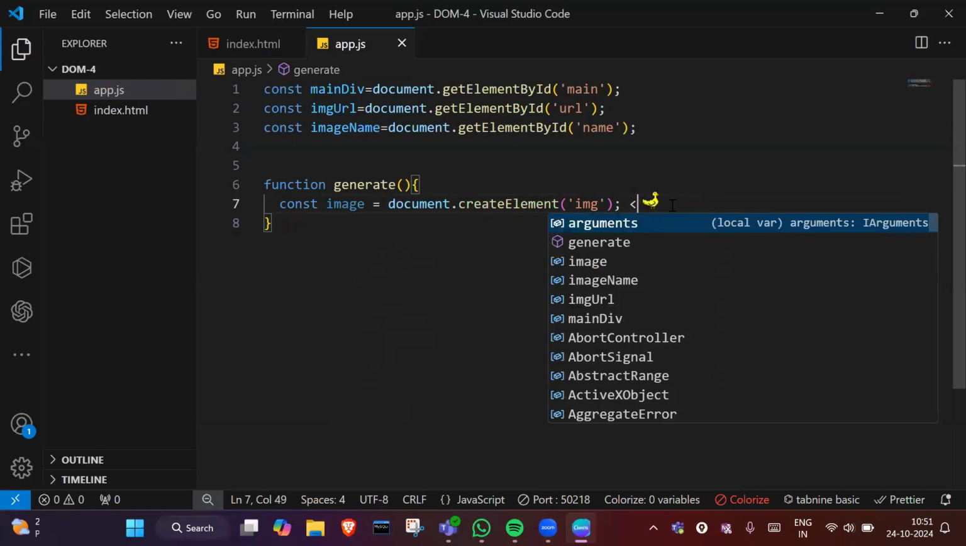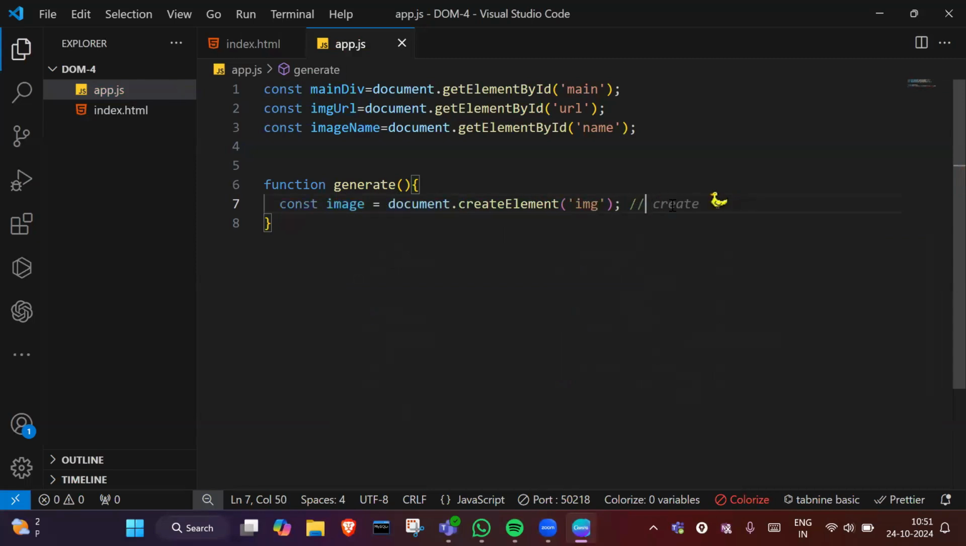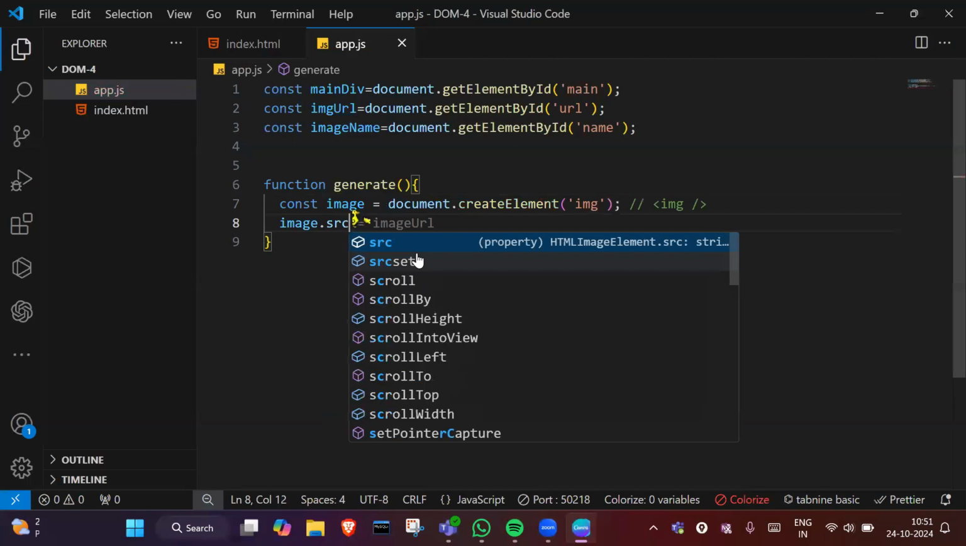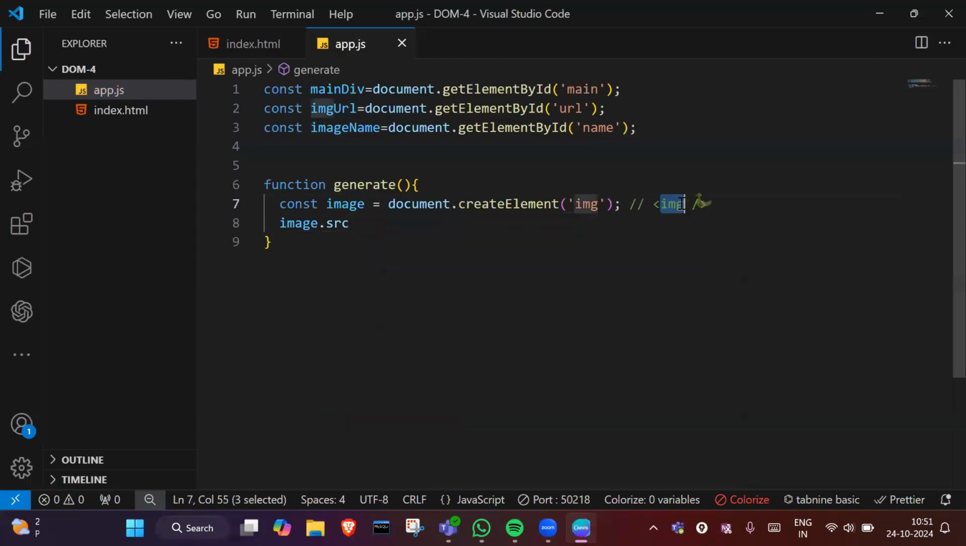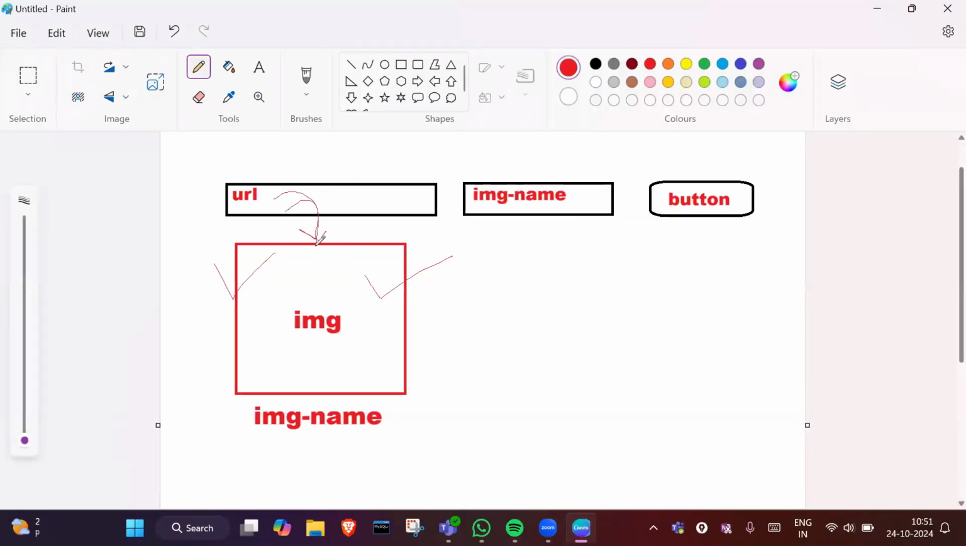So what happened here? My img tag is created, right? And inside the img, I need to assign the URL to src. So I will write img dot src, because the img attribute has one src. Inside this src, I'm going to assign a URL. Which URL? The URL is coming from this image